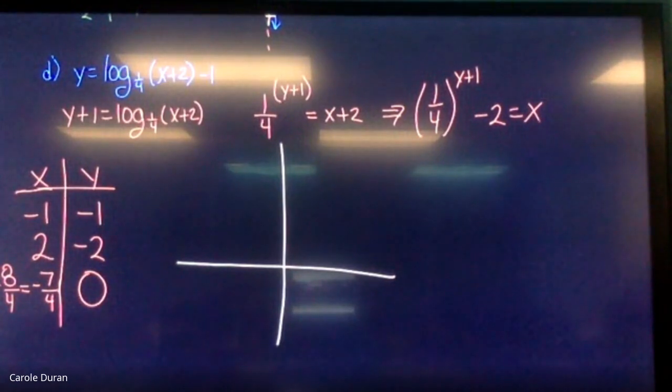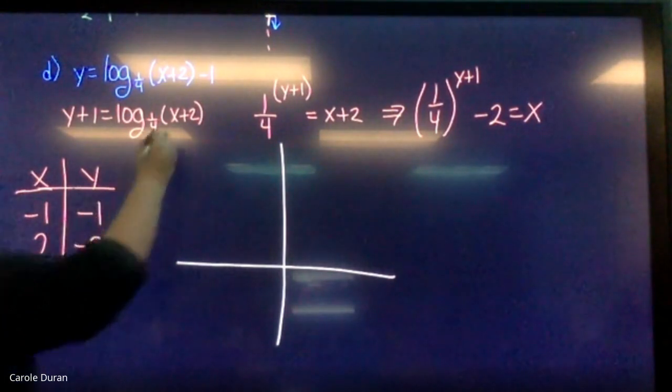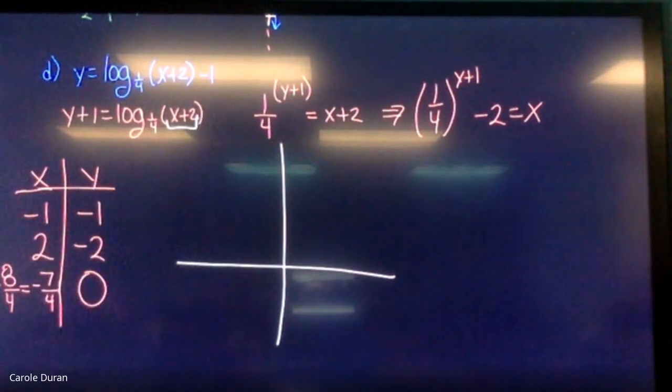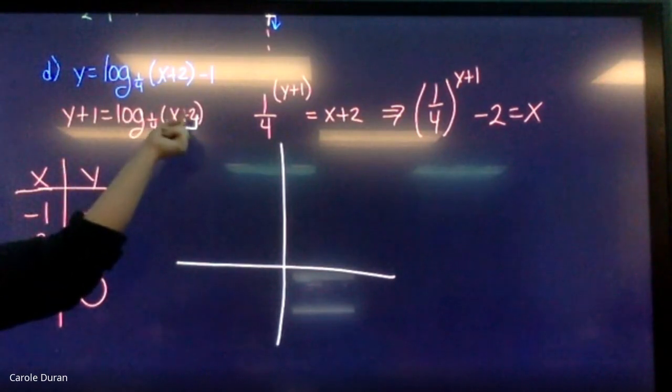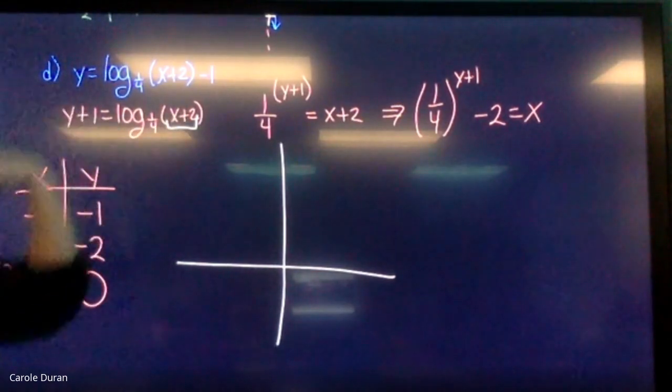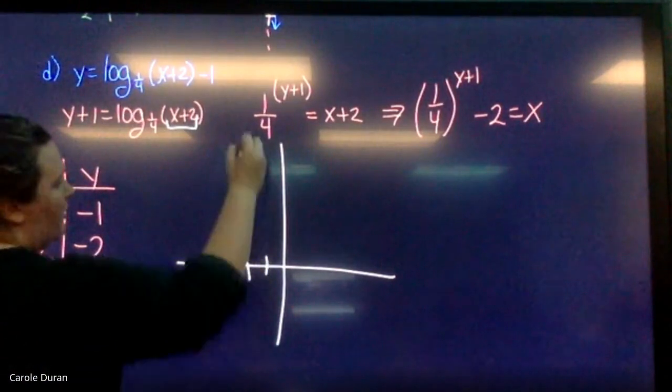So the first thing I would like to note is that I actually did have a horizontal shift here, which means that my vertical asymptote is no longer at 0. It has moved. That horizontal shift came from that little portion right there. Because I added 2 to my x value, my vertical asymptote moved 2 in the negative direction, so to the left. Remember, horizontal behaves the opposite of what we think it should. So because this was a +2, I moved that direction too. So my vertical asymptote is at -2,